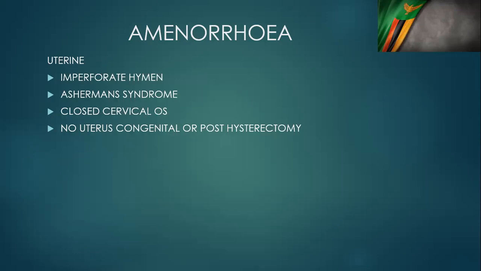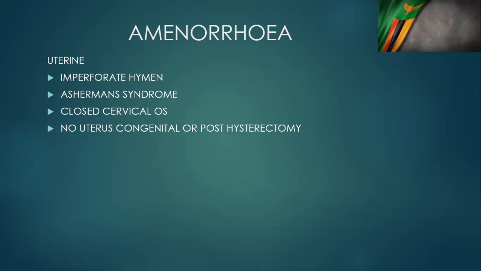So we've talked about hypothalamic problems, we've talked about pituitary problems, we've talked about primary ovarian problems. Now we are talking about problems with the uterus itself. Somebody might have an imperforate hymen, somebody might have Asherman syndrome. And again, Asherman syndrome is something that we ask about a lot in your MCQs, which is that somebody has maybe an incomplete abortion, then there is overcurating of the endometrium, a D&C is done, and they end up with fibrosis of the endometrial lining and amenorrhea in the end.